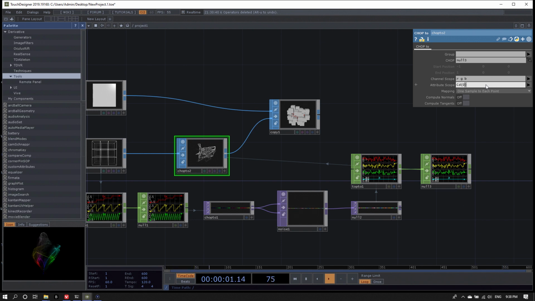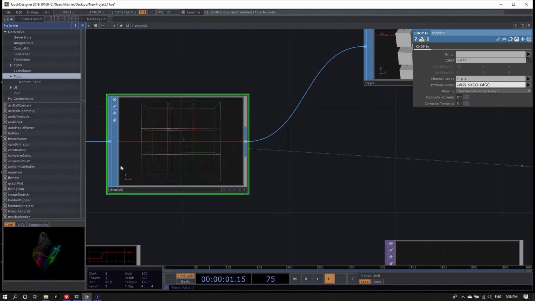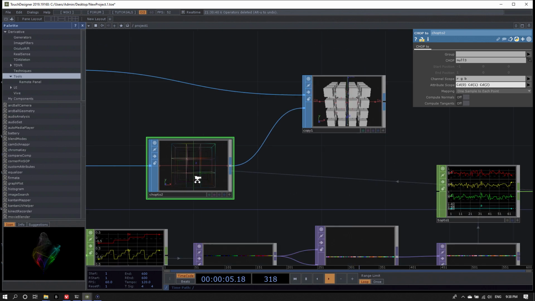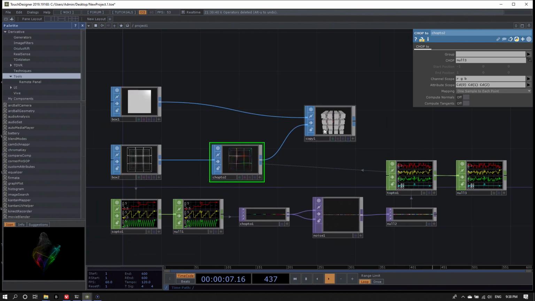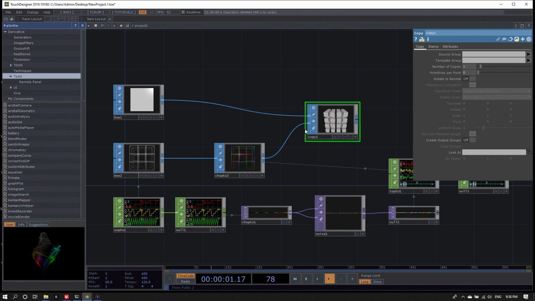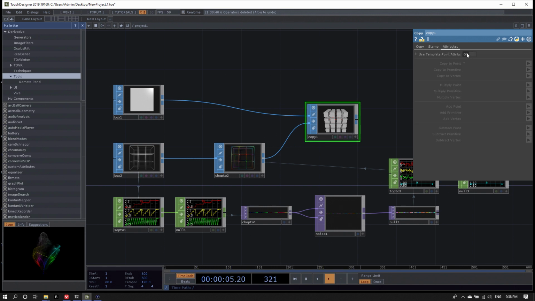CD0, CD1, and CD2. Okay. And here my gridded, subdivided box now has colors. Last but not least, it is not yet applied to each box in my copy SOP, and I can do this by turning on use template point attributes.